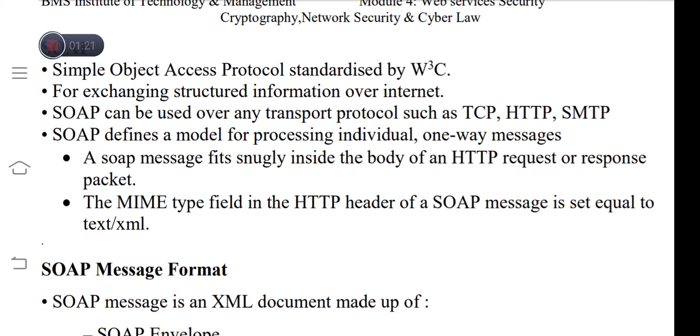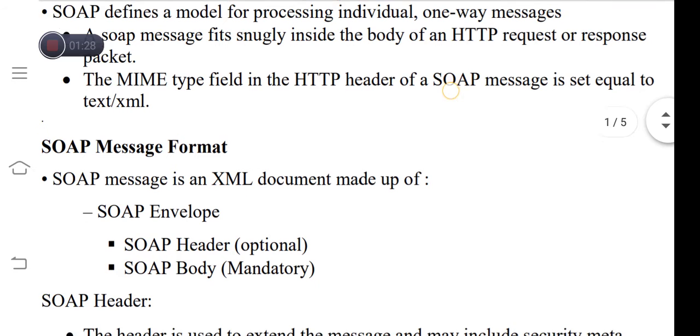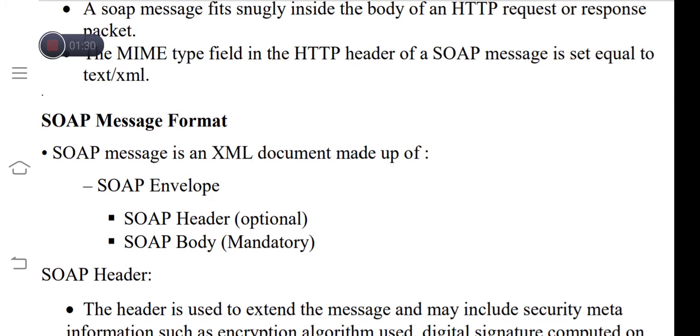Now let us see the format of the SOAP message. The SOAP message is an XML document made up of the SOAP envelope. Inside the SOAP envelope, we will have the SOAP header and the SOAP body.